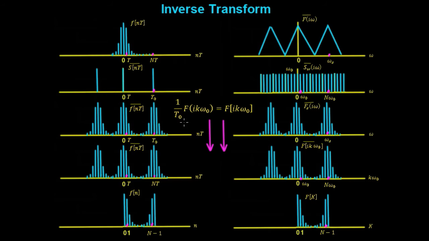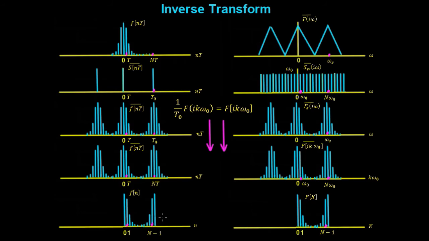And then we've got to go from the continuous domain to the discrete domain. Now in this case we're going through the conversion law, but it is the frequency conversion law, which is 1 upon T naught, F of i k omega naught equals F of i k omega naught. So the right hand side here is the discrete, and this side here is the continuous. So we end up with